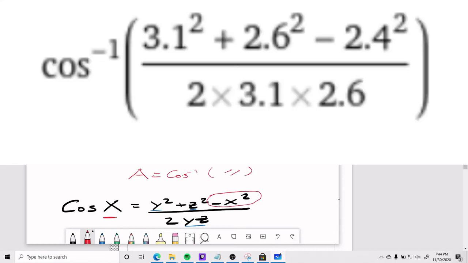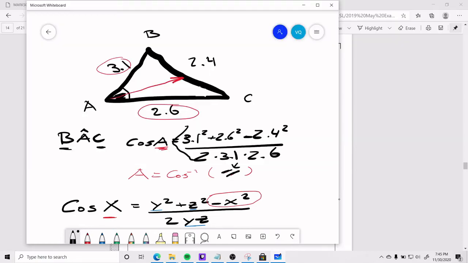I'm not going to rewrite the chunk because it's time consuming, but this sign right here is just showing that it's the same chunk, okay? You want to do cosine inverse to this whole thing, the whole thing right here, okay? So you want to trust the process, pop that thing into your calculator, and you end up with A, angle A, or should I say BAC, is equal to